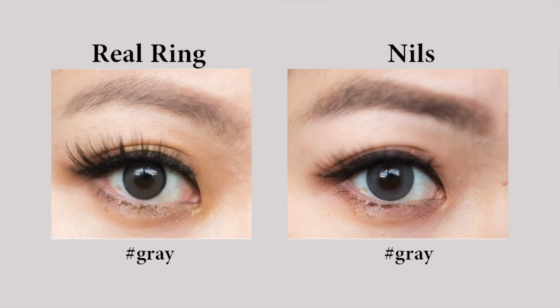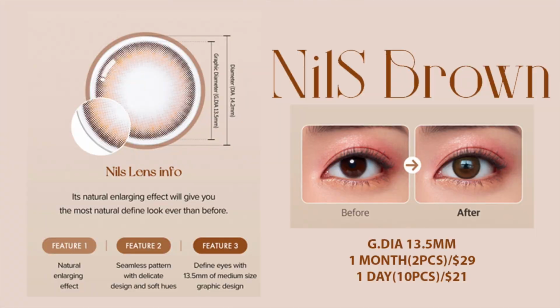However, with this particular gray, it is beautiful because the gray, I find it really unique because it's a combination of blue and gray as well as a cool tone gray. The color for this also reminds me of the Vivi color, which I would definitely use more than this one too. Number 17, which I mentioned, is also the OLENS NILS, but this is the brown version,